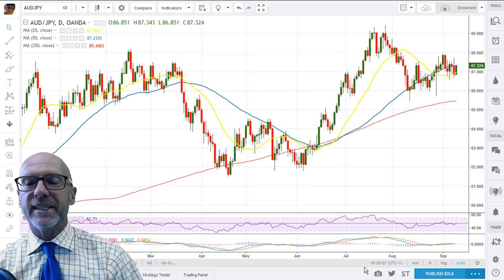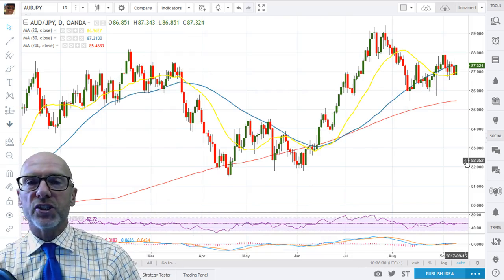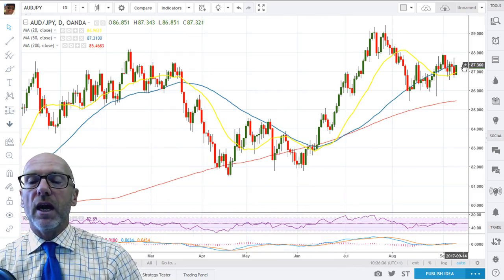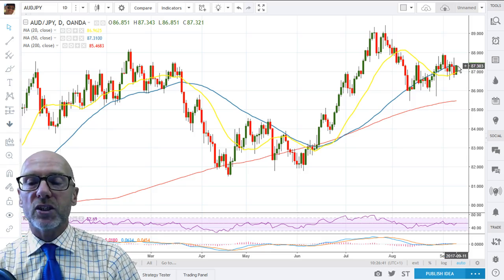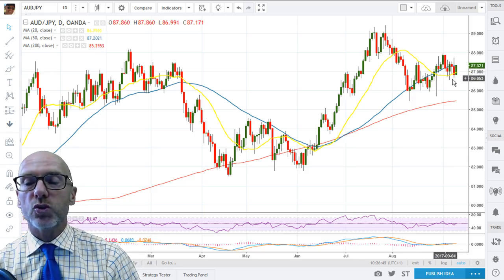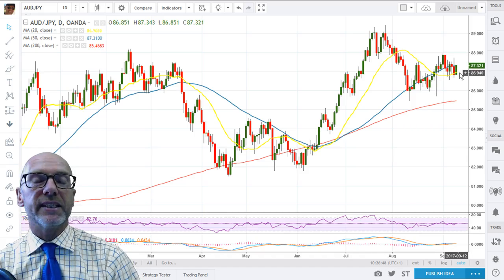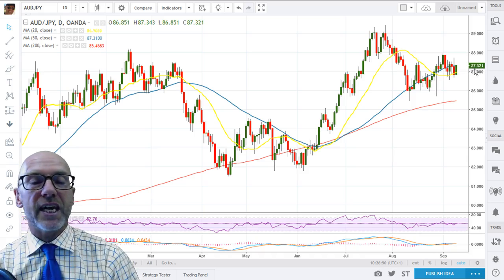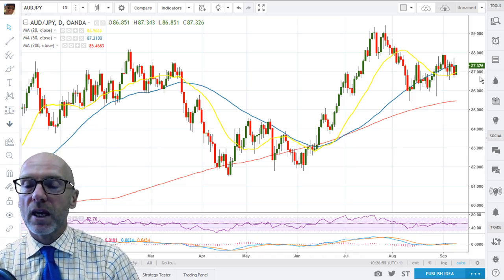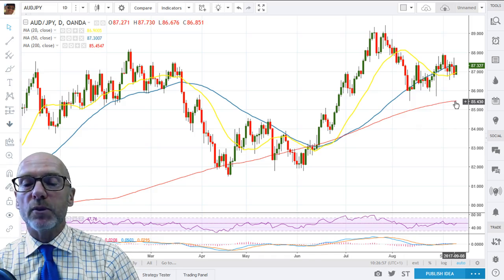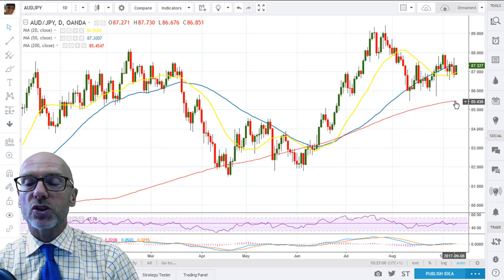So here we have the daily on the Aussie dollar versus the Japanese yen. You can see that we've got this flag formation, and it looks like we are getting a bit of a pincer pattern between the 50-day moving average, which is still rising but starting to roll, and the 20-day, which is now rising and is giving immediate support today. 20 days presently at 86.96. The 200-day is moving up as well, so the medium-term picture looks good, but it is rolling, so be